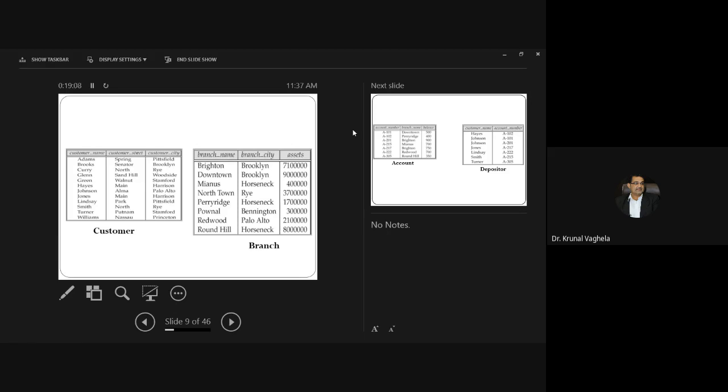Give me branch names with the assets at Brooklyn city.